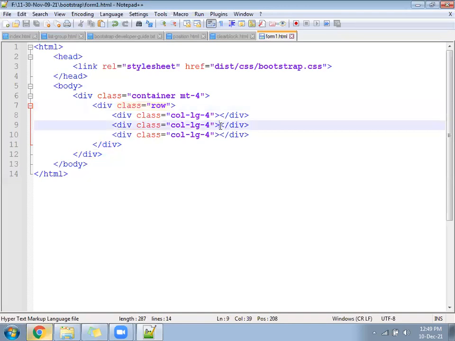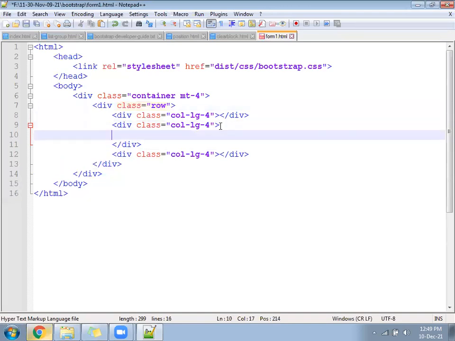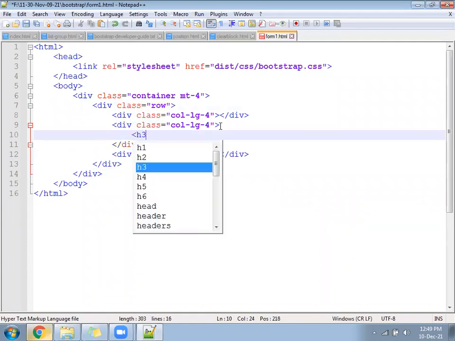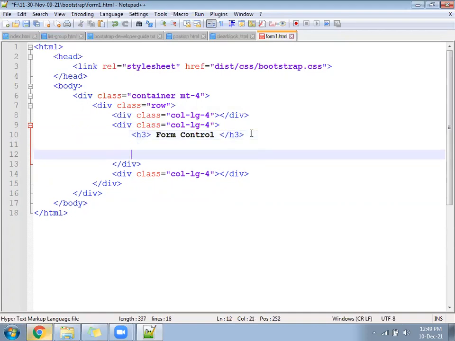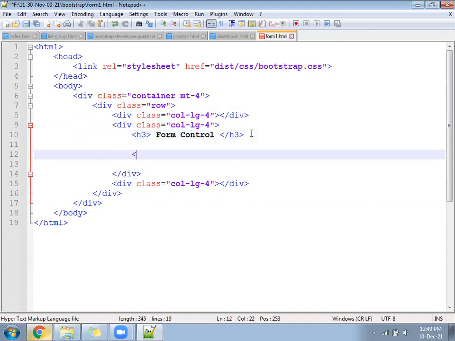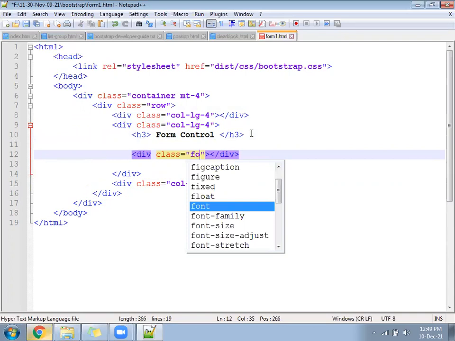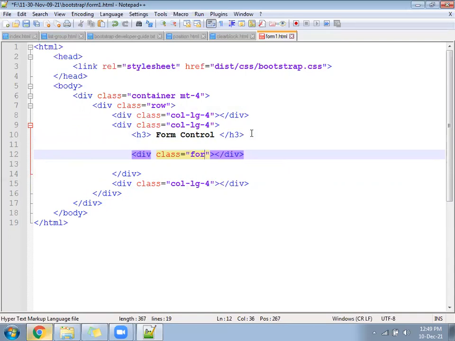Come inside the middle 4. Right there, H3, form control example. We will write inside a division, class equal to mb-3.